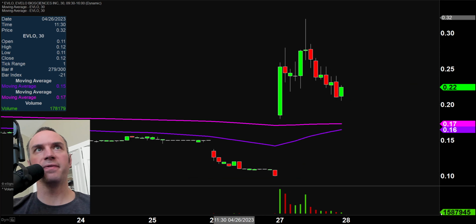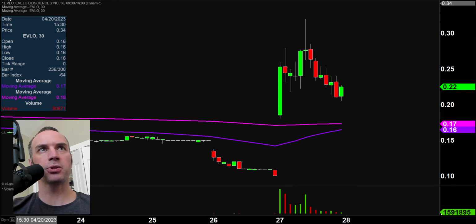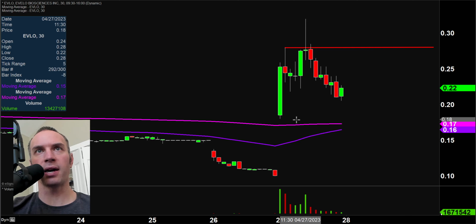Next one here, EVLO, good solid penny stock with a nice pattern, a lot of volume. So let's keep assuming you like penny stocks on this one. But first one right here, top of the pattern and resistance up there at 28 cents. And then to go along with that,